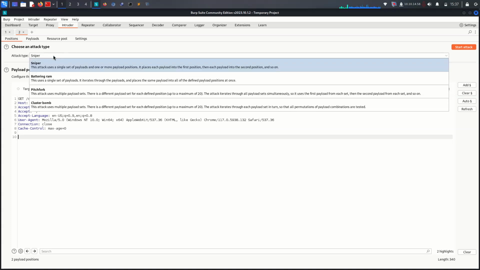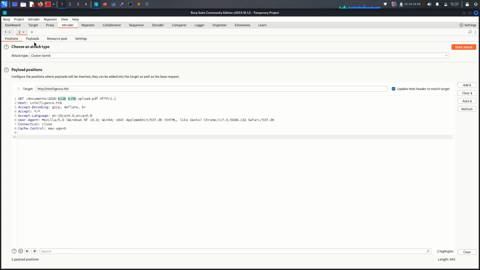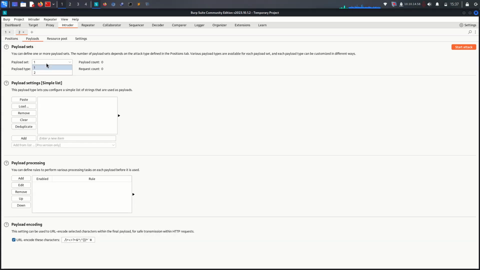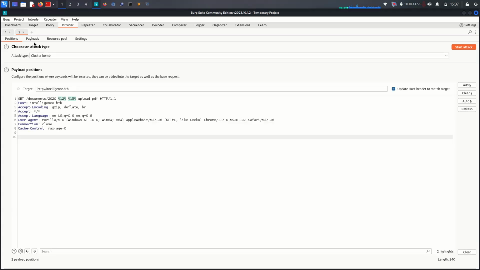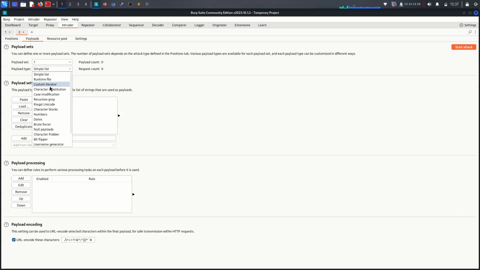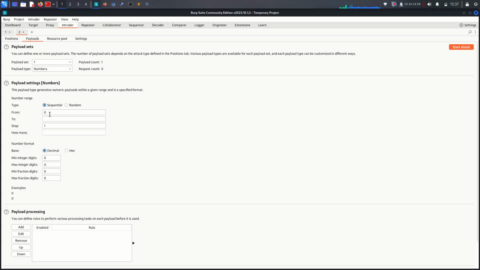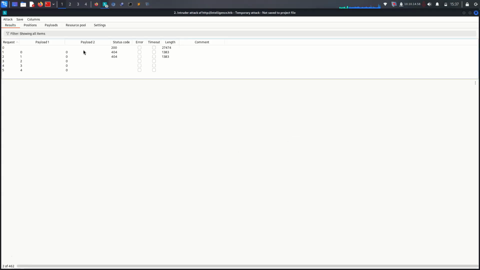Now we have to check our attack type, which could be cluster bomb, and the payloads. First of all, let me check it one more time. Could it be equal to month? So it's not useful. It's good with numbers from 0 to 13 because there are just 12 months, you know. And for the second one, we can use numbers again from 0 to 32 because there are 31 days. So if you start your attack here, what will be useful is the status code